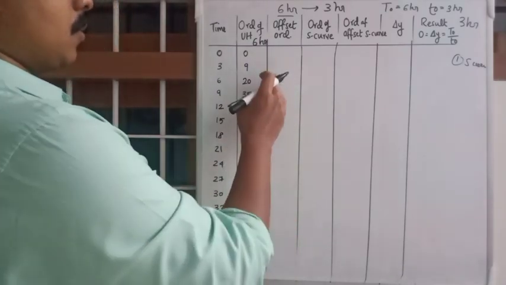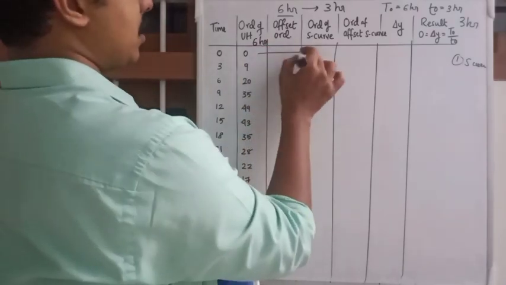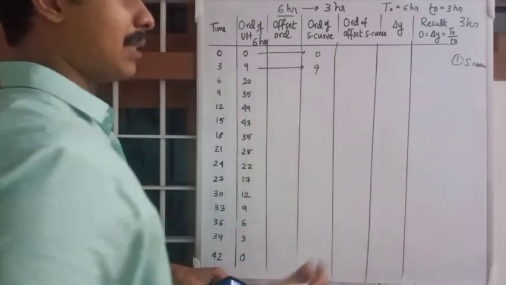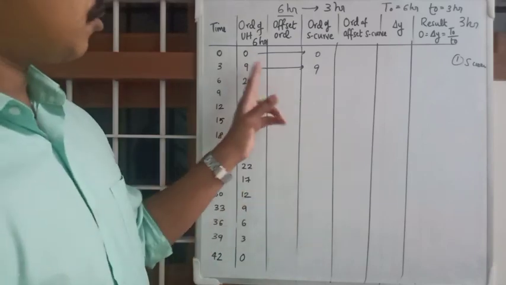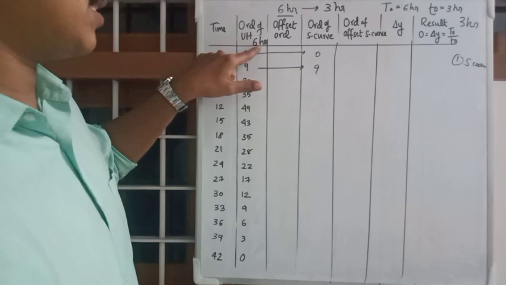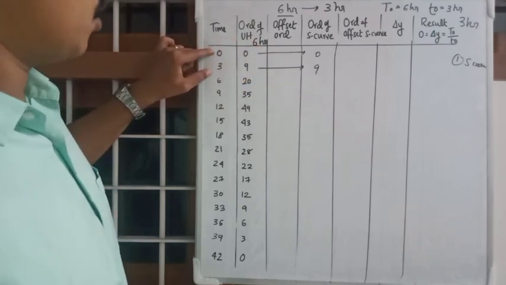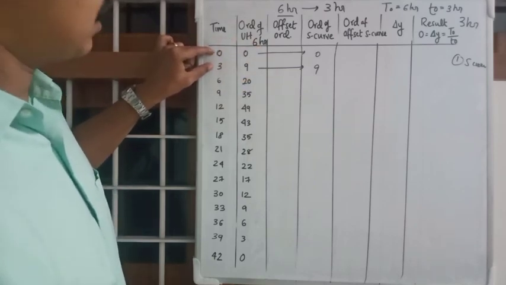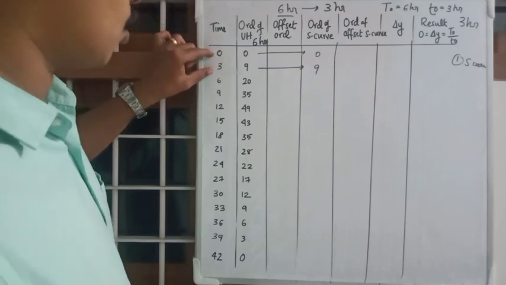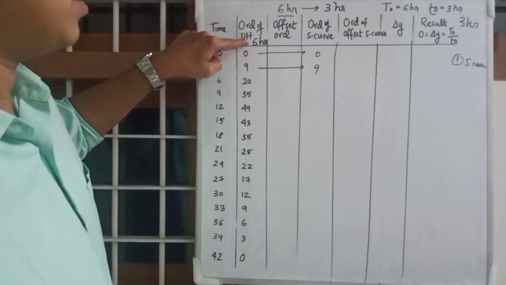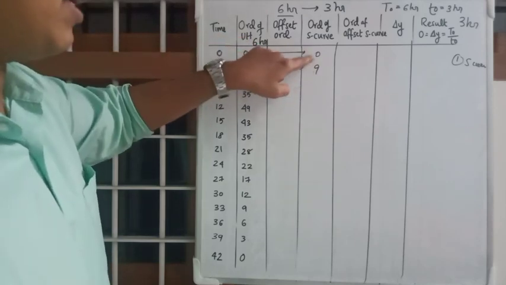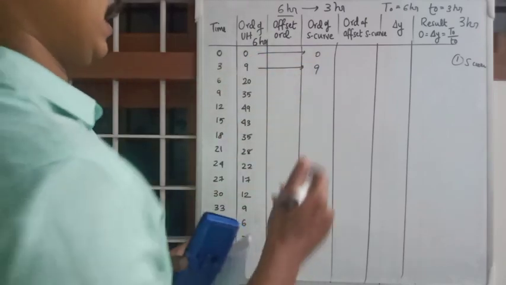So first, we are transferring these 2 values, because the duration of the unit hydrograph is 6 hours and the time interval is 3 hours. So 0, 3, 6. You have to take 2 rows to get 6 hours. That's why we are transferring these 2